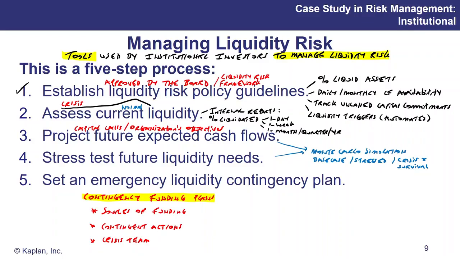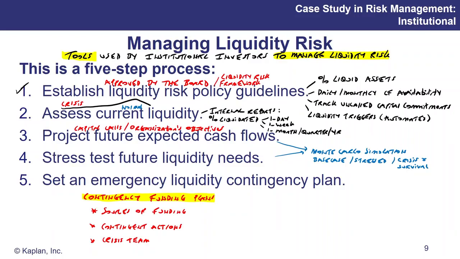Now, in the event that things start to dry up, your liquidity becomes shorter, and you start to feel pressured in that way, you should be alerted to that quickly with the key risk indicators, the liquidity triggers. The idea of automating these is also mentioned, having a system set up, having the reporting process. In our next module, we'll look at the enterprise-wide risk management process that has all those aspects of reporting and escalating in the whole process.